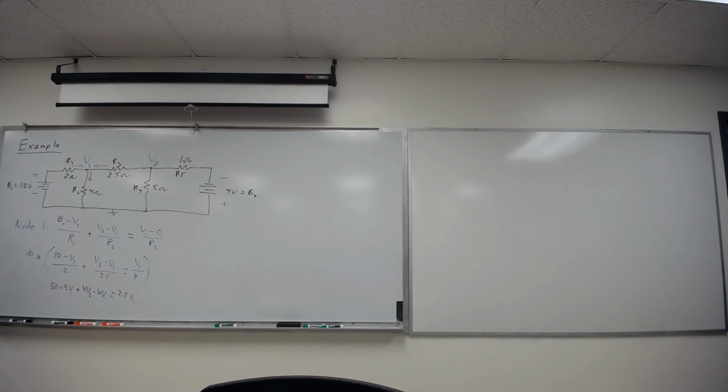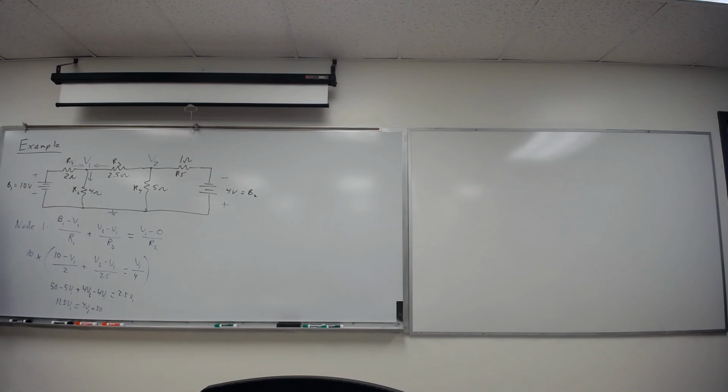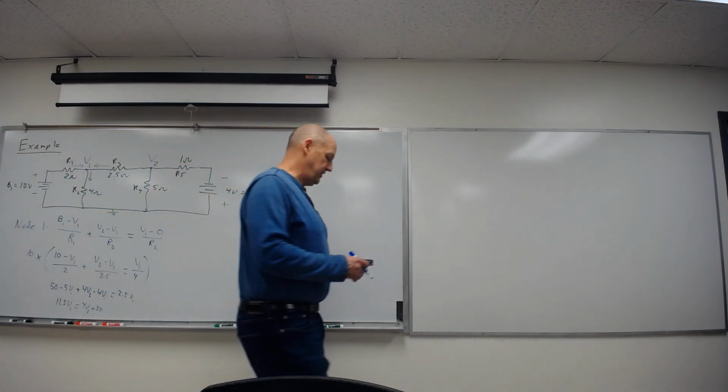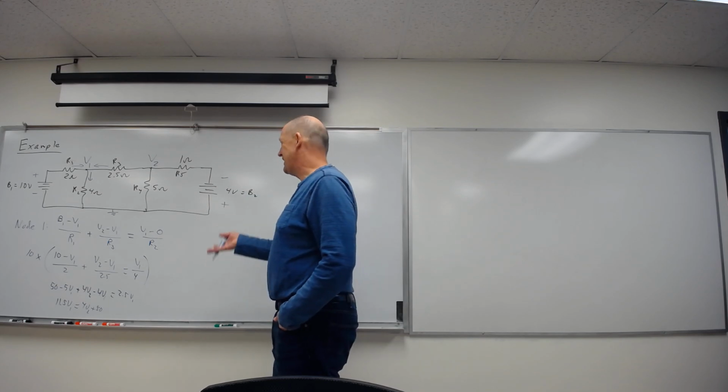Okay. And I don't know if it matters where I put what, but I'm going to go ahead and put all the V1s on one side. So I have minus 5, minus 4, which is minus 9, or plus 9 on the other side. Plus 2.5 would give me 11.5 V1 equals 4V2 plus 50. So I just took that equation and simplified it as far as I could. But I have one equation, I have two unknowns. So it might be smartest to write down the next equation before I start doing that. So let's go over to node 2,